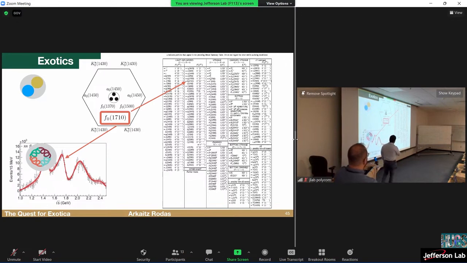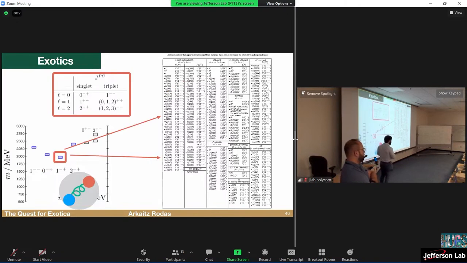An interesting thing about this state is that this is one of these nonets that I've been introducing to you, all these beloved nonets that allow us to classify states. This is what the quark model predicts as a nonet. But there is an extra state, this one. There should be only 9, but there's a 10th one with more or less that mass. What is that? It must be something else. It cannot be a quark model prediction. So this one, the glueball, we'll talk about that.